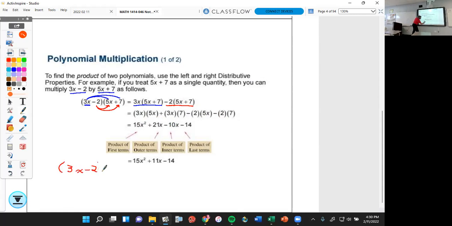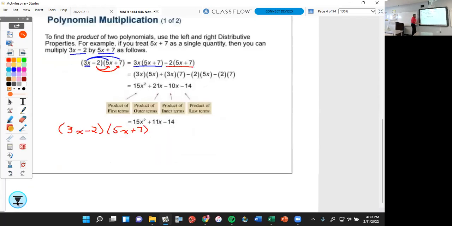3x minus 2 times 5x plus 7. So if I can remember the word FOIL, F stands for first. So what is the first number times the first number? 3x times 5x. 3x times 5x is 15x squared. Now I'm going to add to that